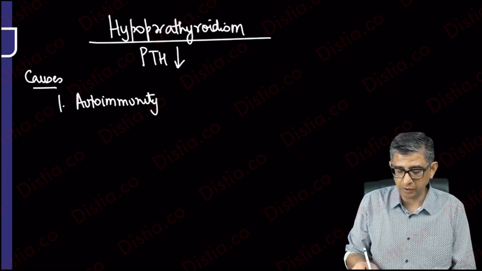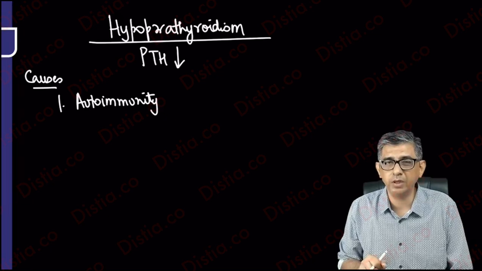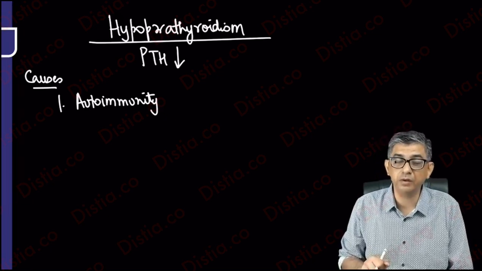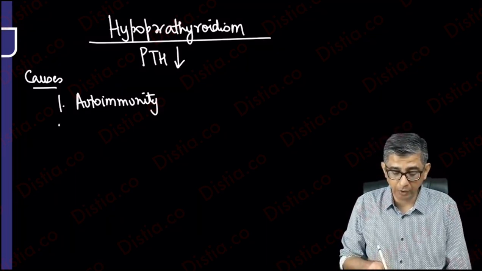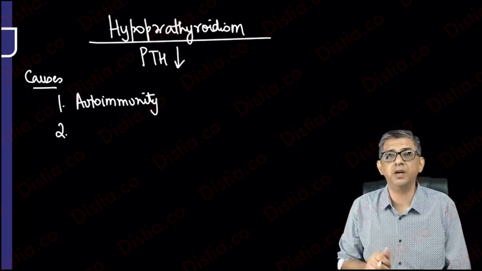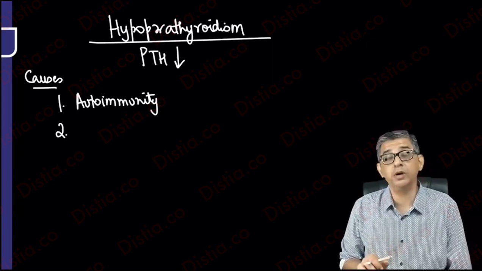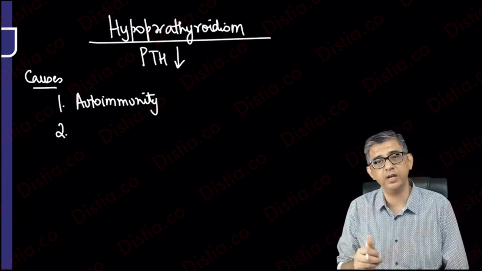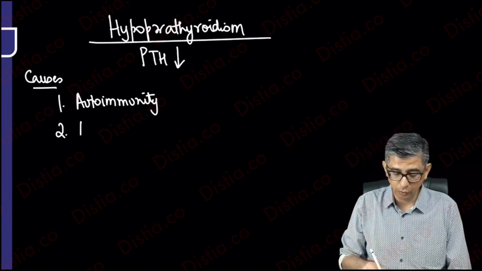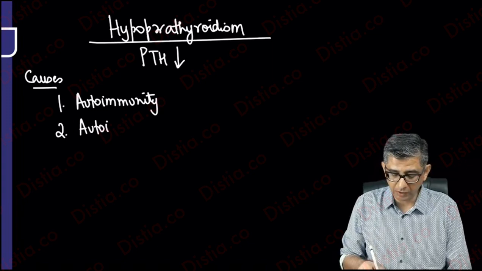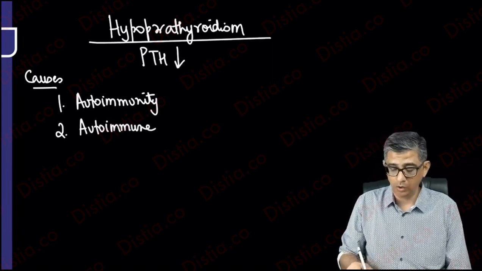The first time I taught you autoimmunity was for type 1 diabetes, then for 1.5 diabetes, and then I have also blamed autoimmunity as being a reason behind the development of Graves' disease, then Hashimoto's. So in endocrinology, this autoimmunity, and even in Addison's disease, autoimmunity has been blamed. Now, usually we could have either autoimmunity written in the MCQ, or he may deliberately write this term,